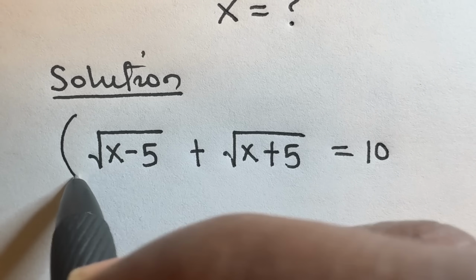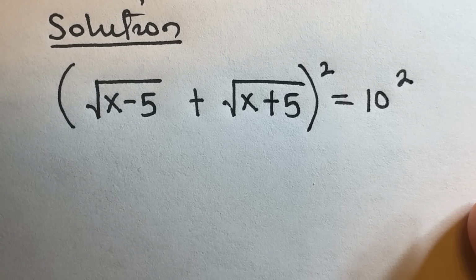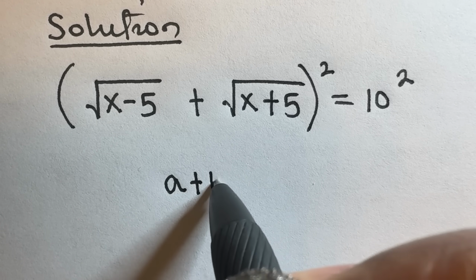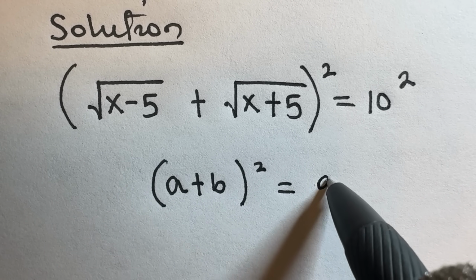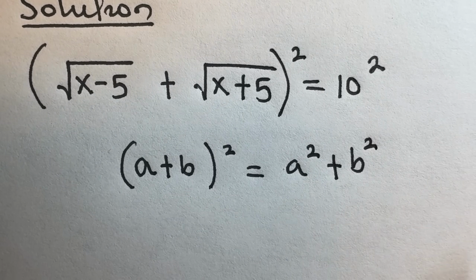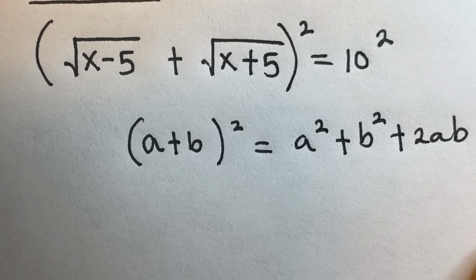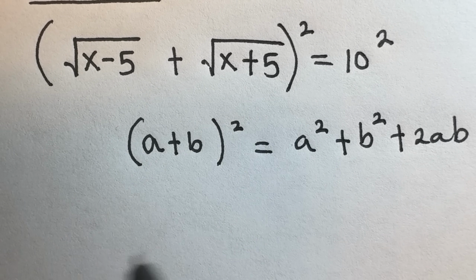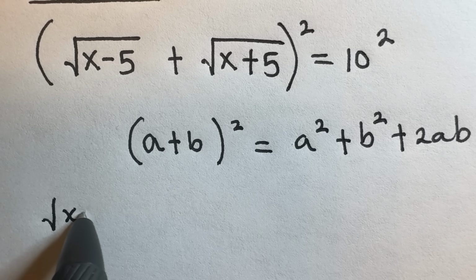We can decide, first of all, to take the square of both sides of this equation. Then, by identity, given a plus b raised to power 2, this will give us a squared plus b squared plus 2ab. So in this case, our a is square root of x minus 5 and our b is square root of x plus 5. So we're going to have square root of x minus 5